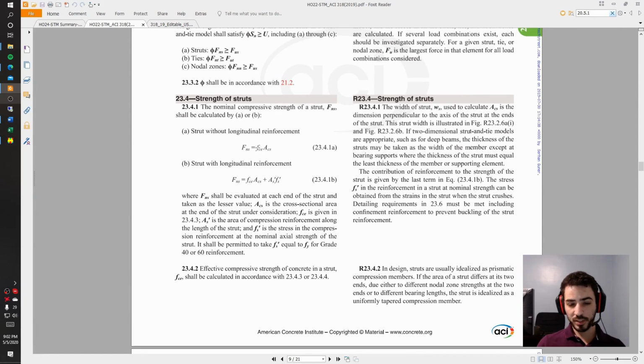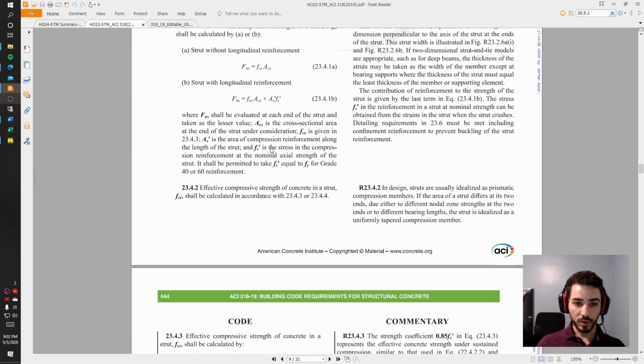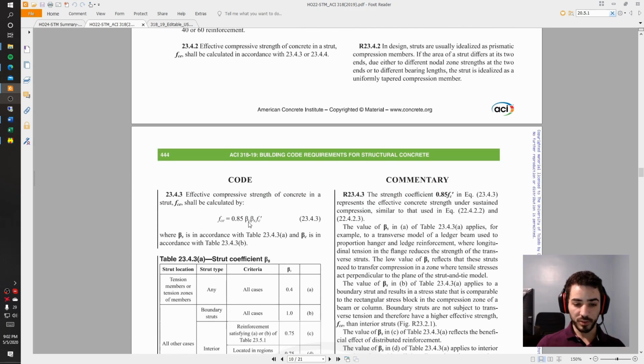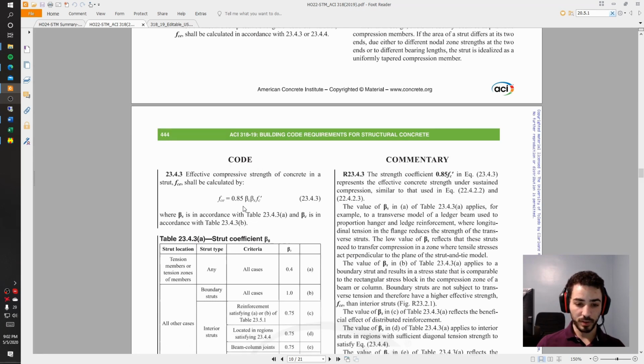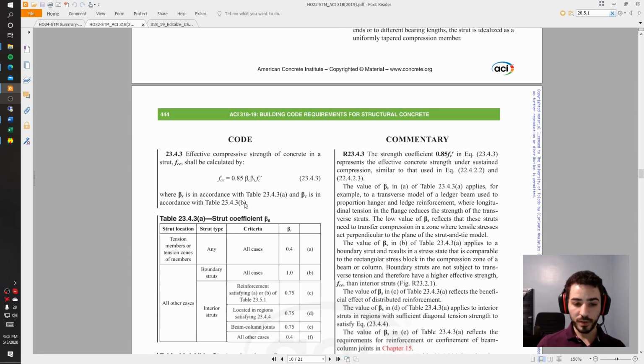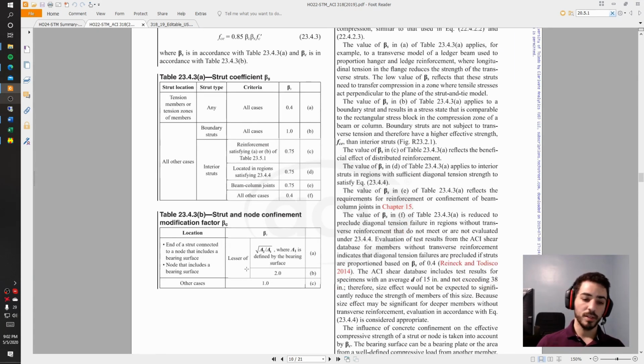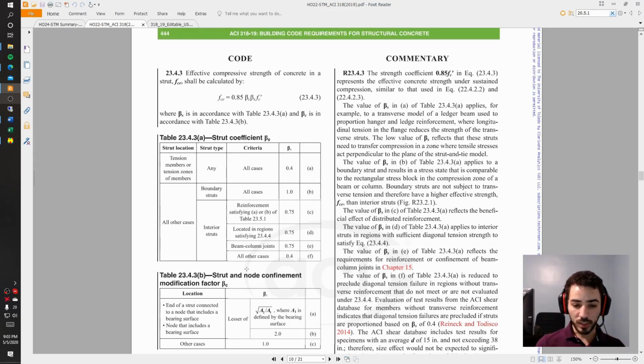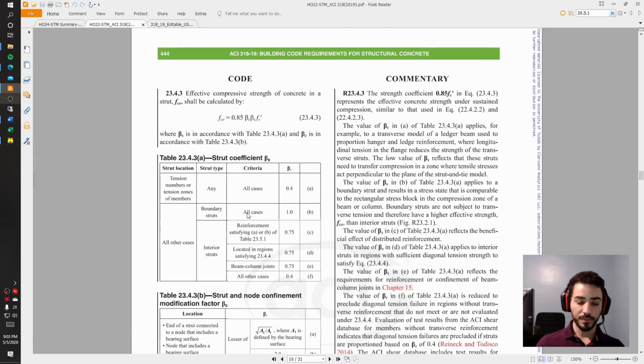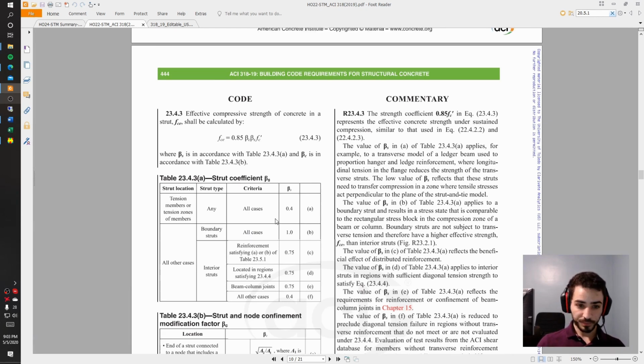modified version of the compressive capacity of the concrete times the area of the strut. If we look into this modified version of the compressive capacity of the concrete, we see that we need to multiply that by 0.85 times beta C times beta S, where beta S comes from this table and beta C comes from this table. I'm not going into details about code related things related to STM, but usually you find that the beta C is 0.75 and beta S is 1. So when you multiply that by 0.85, that gives you